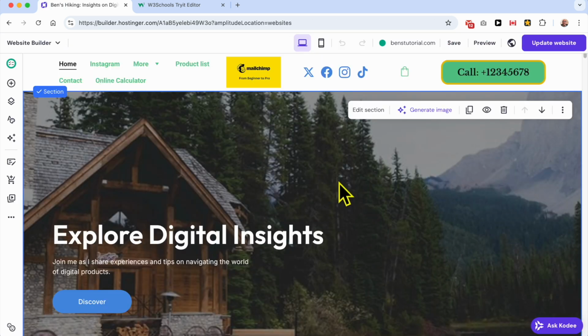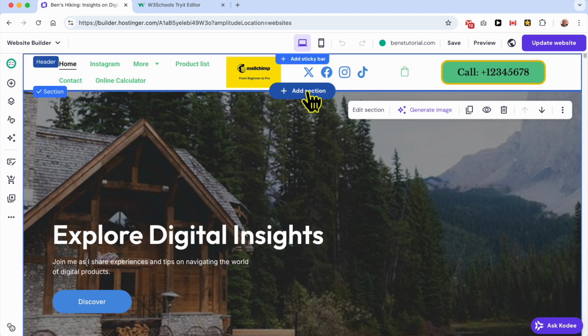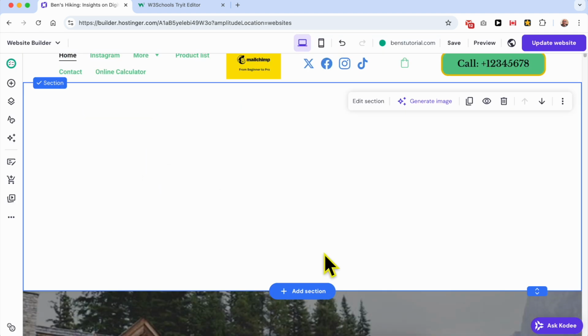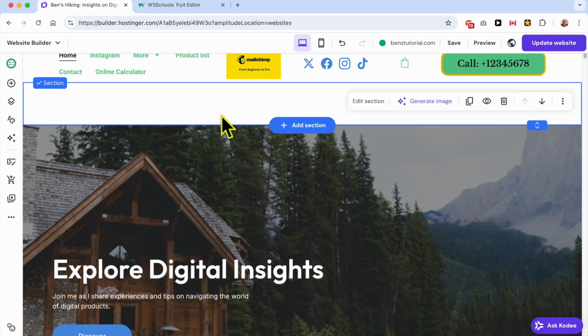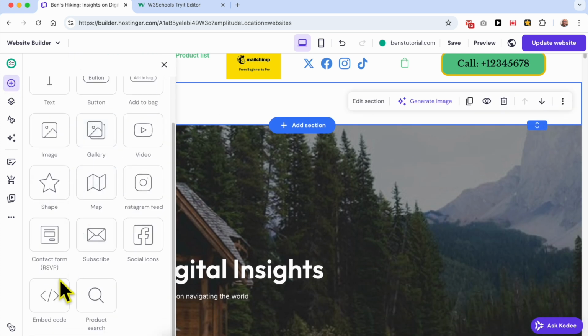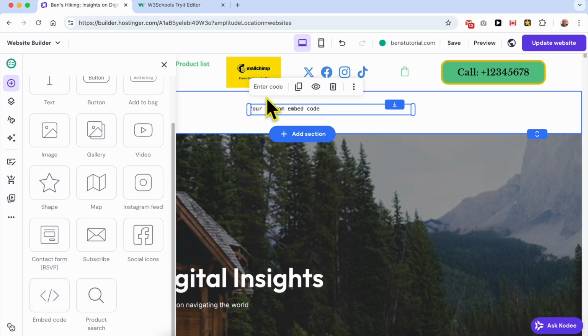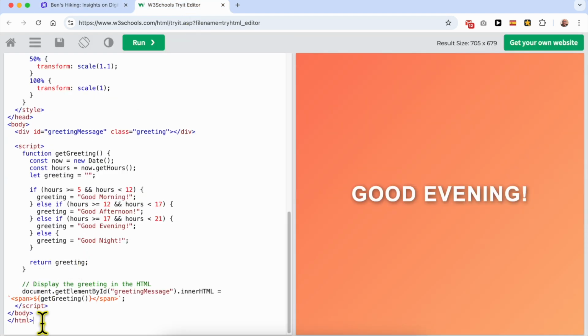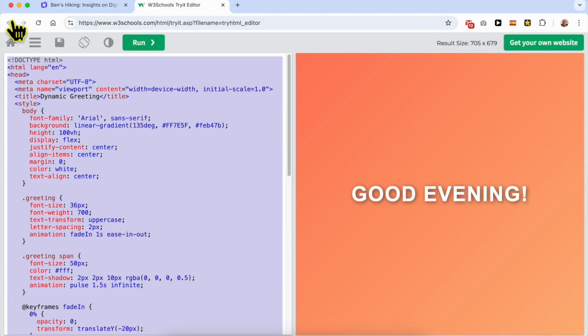This is my website in Hostinger Builder, and first thing, I will add a new section. I will go with add blank section, make it a little bit shorter like that. Then add this element called embed code. I will drag and drop it like that, hit enter code, delete this existing code, and copy this HTML code